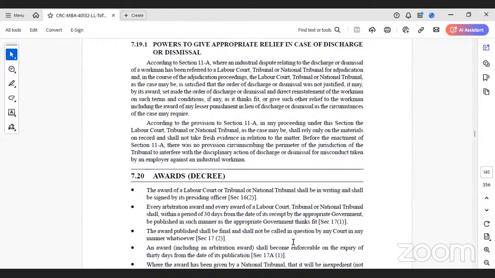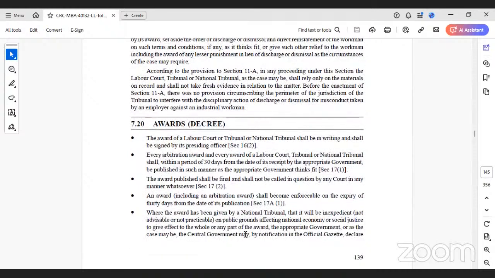Now, coming to the awards or decree, the award of the labor court or tribunal or national tribunal shall be in writing and shall be signed by the presiding officer. And every arbitration award and every award of a labor court or a tribunal shall be within the period of 30 days. And the award will be published, shall be final, and shall not be called in question by the court in any manner. An award shall become enforceable on the expiry of 30 days from the date of its